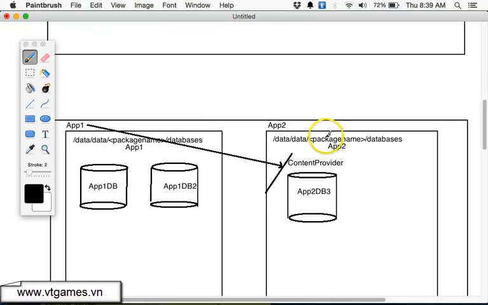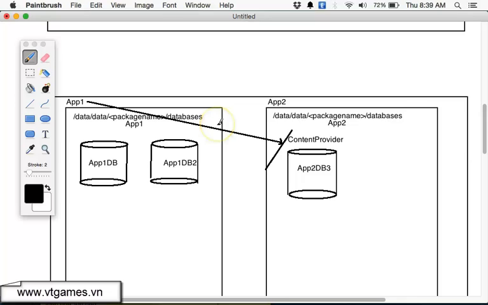So anyway, this is just to show you that the database of each app is stored in its own folder specified by this folder name, and one app